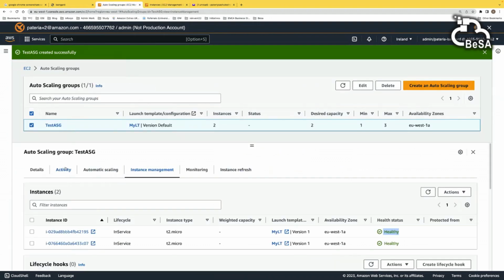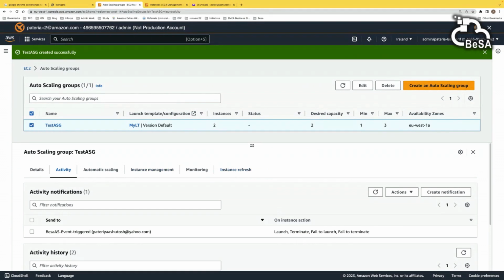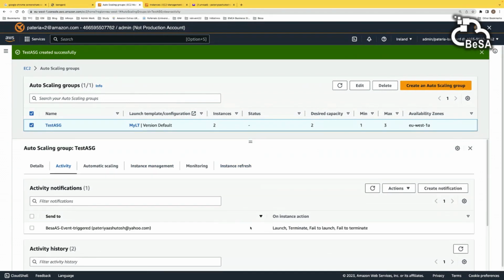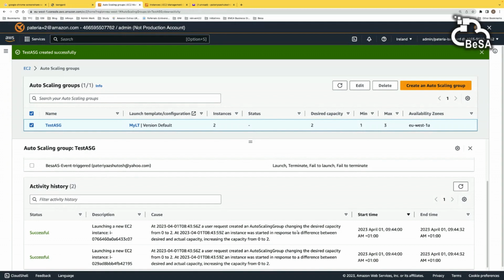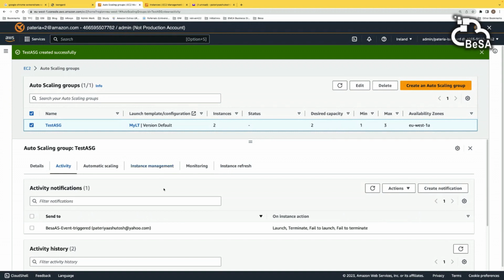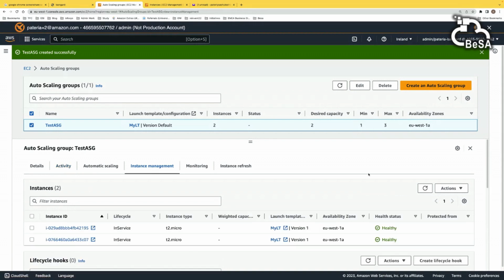Come to the auto scaling group activity. Let's wait for some time because it needs to go through the health check and it needs to fail the health check. It's still healthy. Sorry, I should have changed this from 200 seconds to maybe 50 seconds, but let's wait.